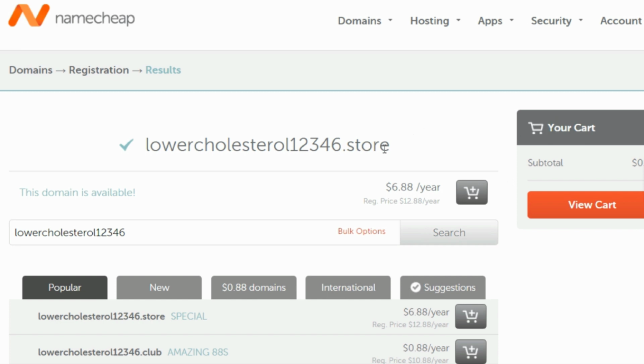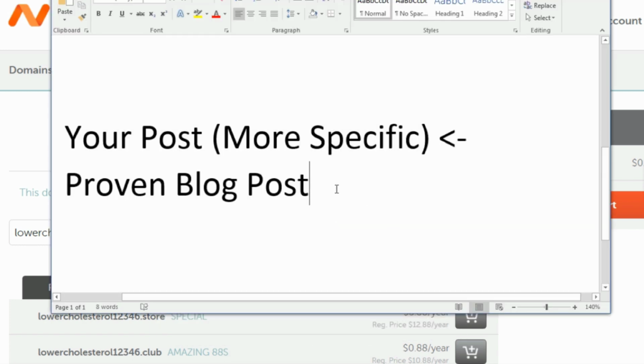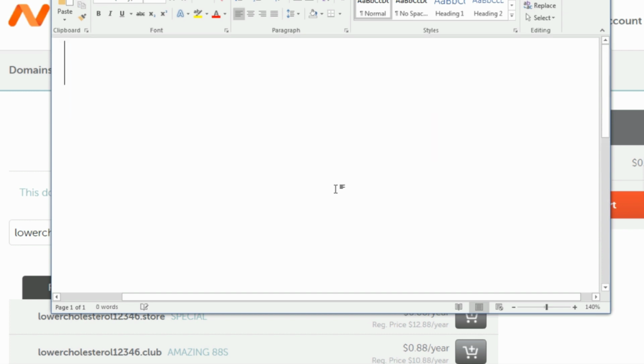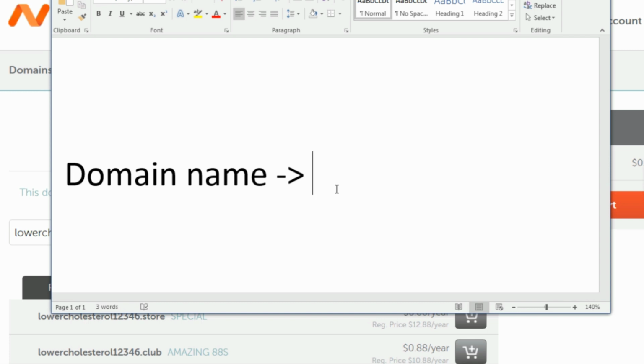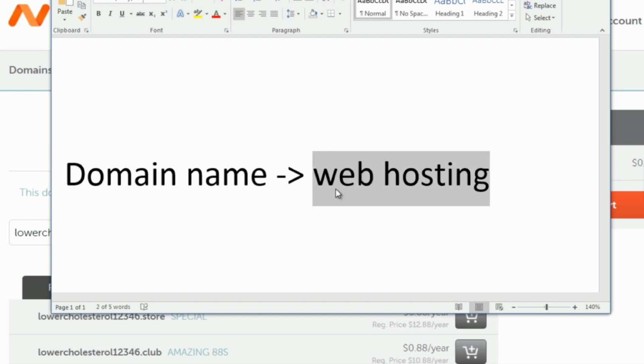Now you have to get web hosting. So essentially the way it works is this. If we go back over here, you need two things. You need a domain name, which is kind of like an address, and then of course you need to have web hosting. If you think about a house or apartment, you always have an address, right? And of course the address points to a house. And then a house actually has furniture in it, and you can change the outlook of it, the design of it, and all that. That's basically what web hosting is all about.